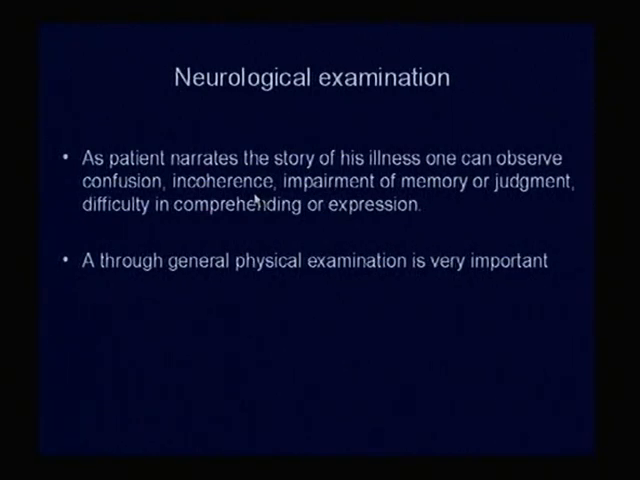So the neurological examination begins as the patient narrates the history of his illness. One can observe if he is confused, whether there is incoherence, whether he has an impairment of memory or judgment, or has difficulty in comprehending or expression. So right from the patient giving the history, you can know a lot of things from that point onward. Then a thorough general physical examination is very important in these cases. You may look for the cutaneous markers in the body, cephalic spots, there may be